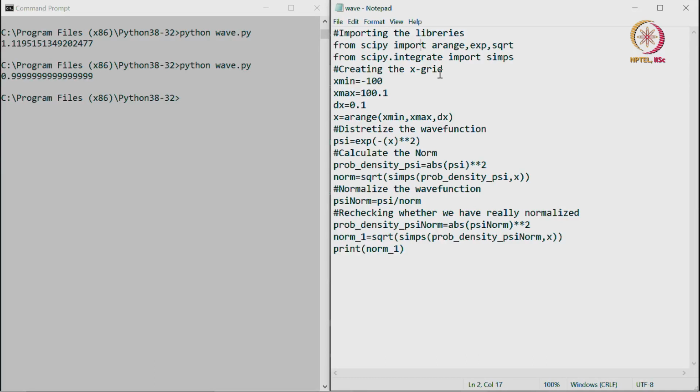We have everything remaining the same, except for this: X grid we have prepared, then discretize the wave function, then we have to normalize the wave function. This far we are done, and then we have to find out the expectation value of the position. So, this part will be deleted and we will write down finding expectation value of position,